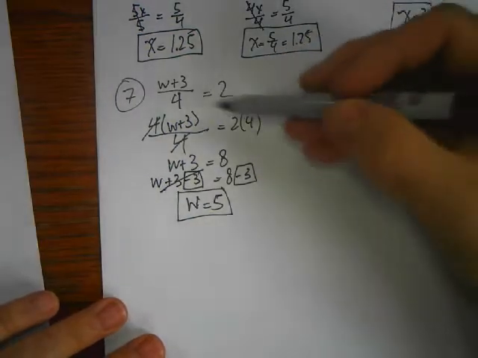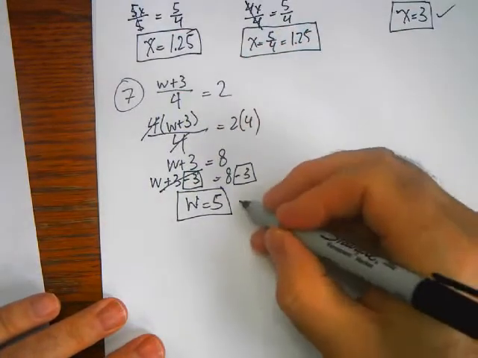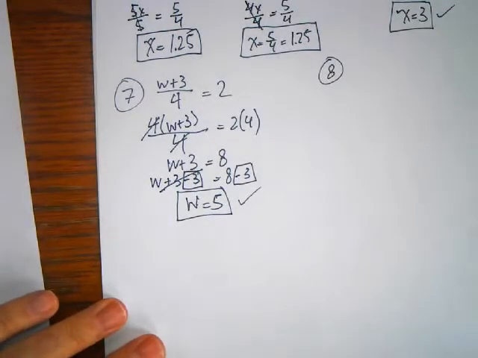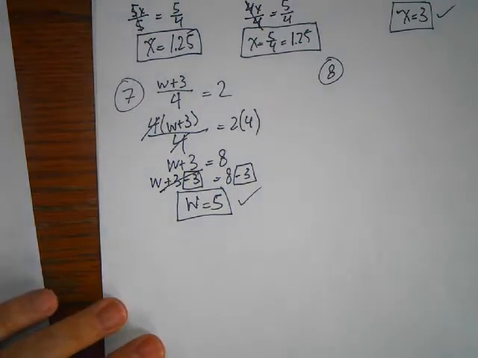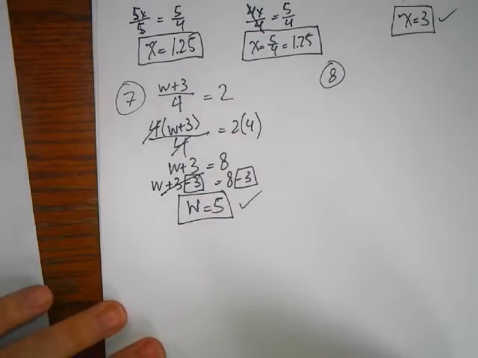Okay, and we could check that again. If w is 5, that would be 8. 8 divided by 4 is 2, so we know that's right. Okay, so I think we've got 4 more to go. The last one will be the one that I showed you at the beginning. So